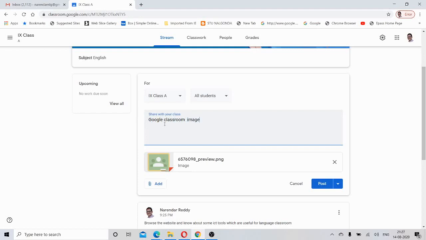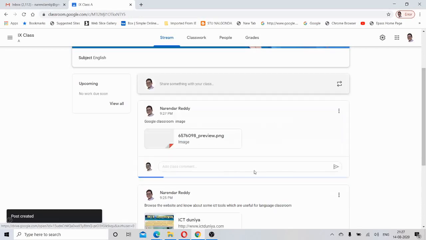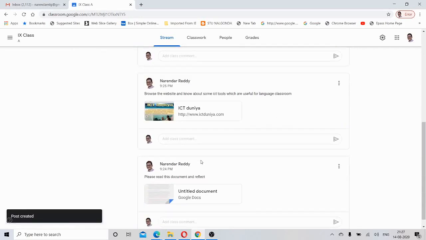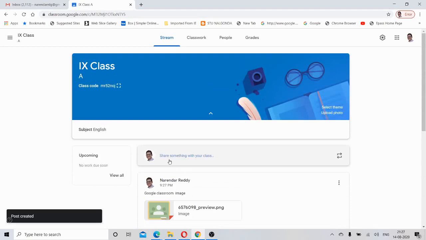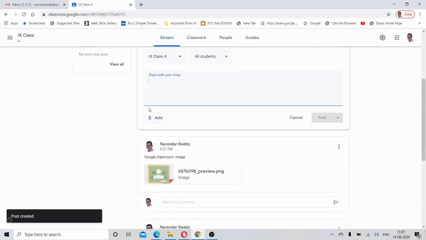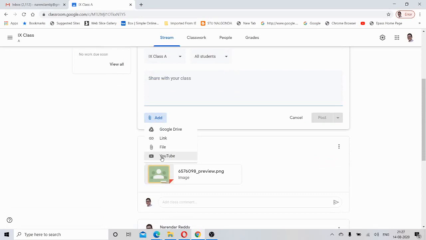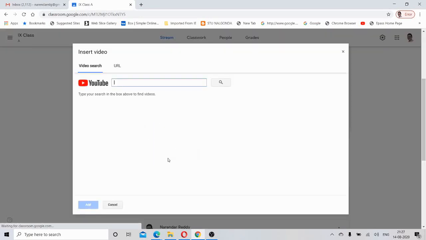Unless you write this, it won't be highlighted and you can't post. So simply click the post. So this is also posted in your content. Now let us go to the next thing, that is YouTube. Click on YouTube.